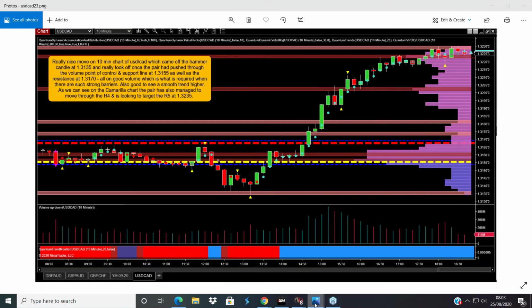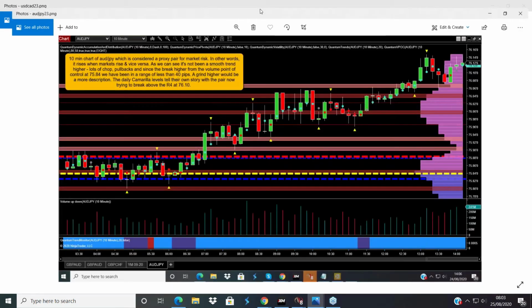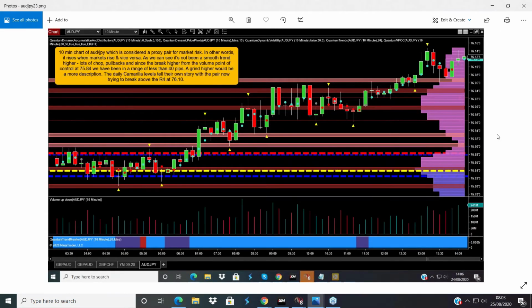just give me 1 second. Oh, here it is, it's over here. As I said earlier, the Aussie yen is a pair that is used, it's a proxy for risk. Is there risk appetite in the market? And if the Aussie yen is going up, then we know the market is in a good mood, indices are moving higher, participants are happy to take on more risk.